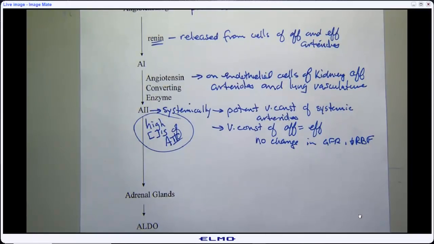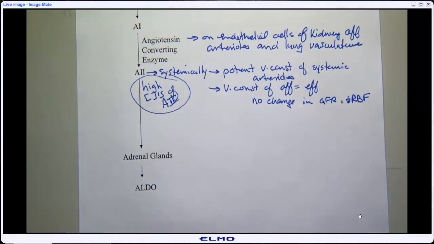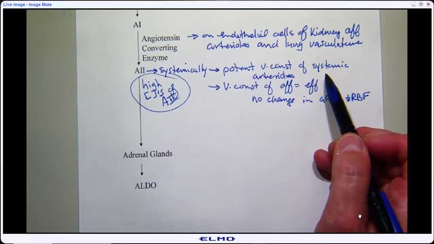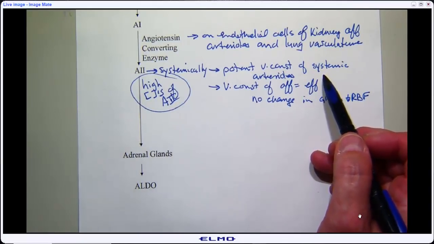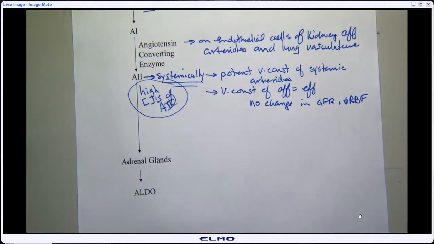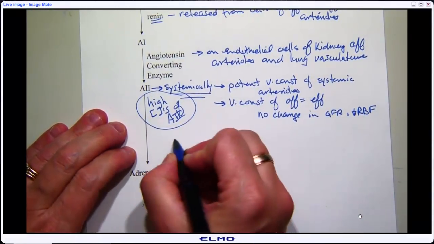Okay, let's quickly get back to our hormones here. We left poor angiotensin II hanging at high concentrations. So high concentrations of angiotensin II, potent vasoconstrictor. So we're going to pull this out to change total peripheral resistance and mean arterial pressure. So that's going to be working for us. And that's when we have high concentrations in the whole body. Okay? That's going to be slightly different than when we just have low concentrations right at the level of the kidney. Okay? So locally,